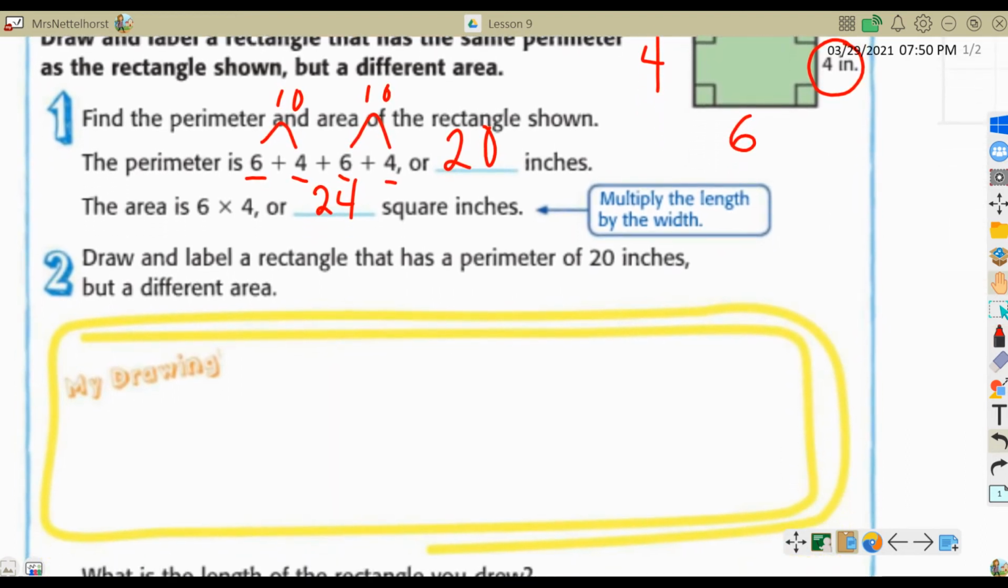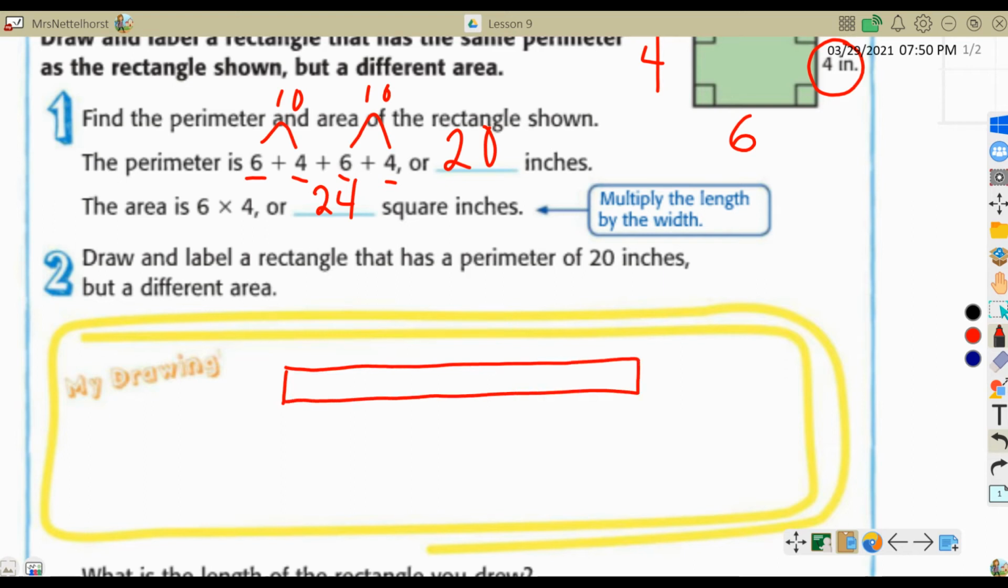Draw and label a rectangle that has a perimeter of 20 inches, but a different area. Okay, so here's my default that I go to. I like to do 1 times something because that's easier. So if it's going to be 20 inches around, you have a 1-inch side, then you have this long side,